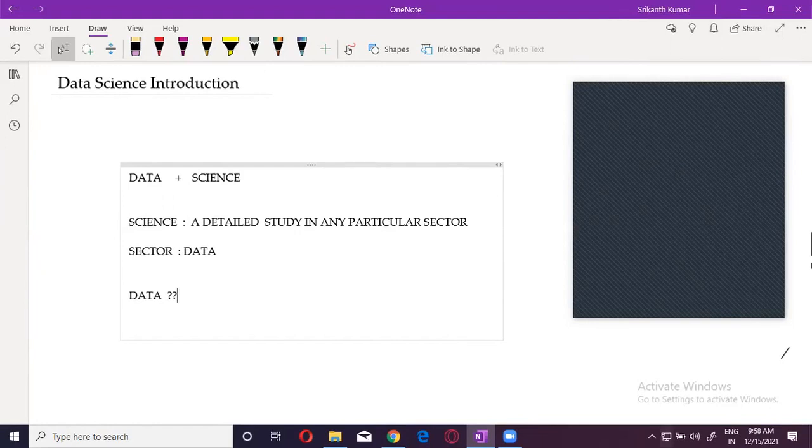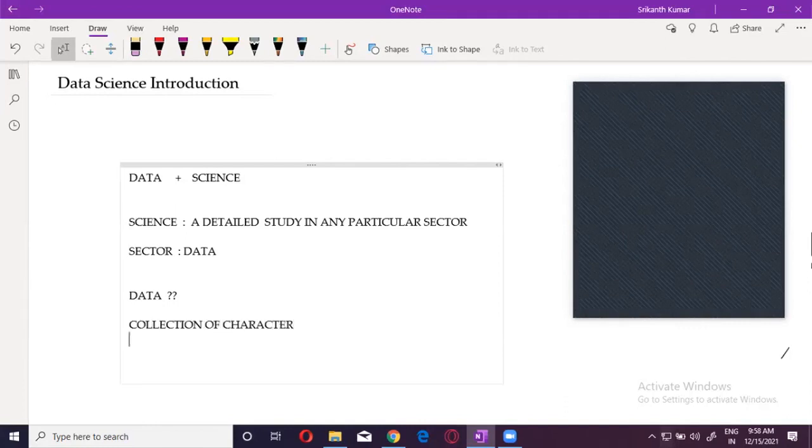But you use the word information. Now again, you are saying data. So let's talk about this one. Now data, in a very general terminology, can be a collection of what? It can be a collection of characters.